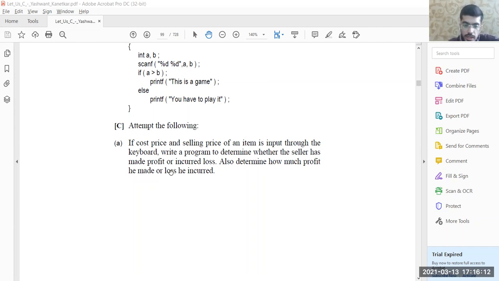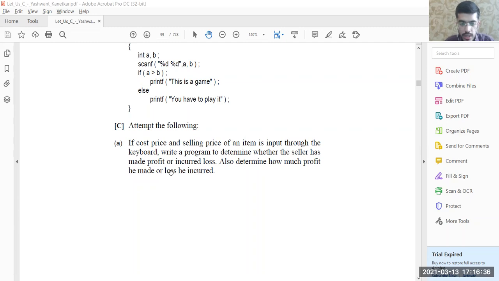What is our program goal? We have to check whether he has made a profit or he has made a loss. So what would be the condition, that if the cost price